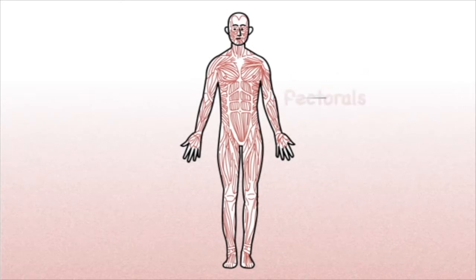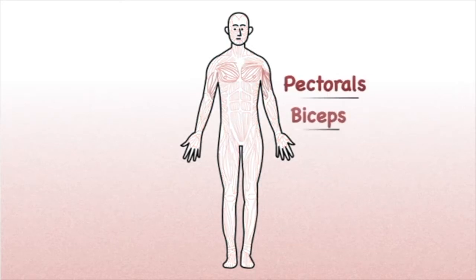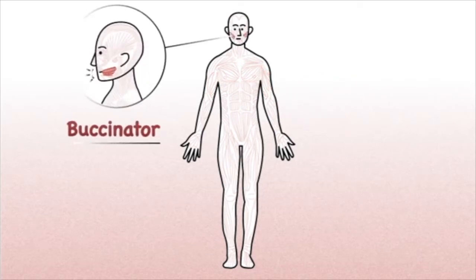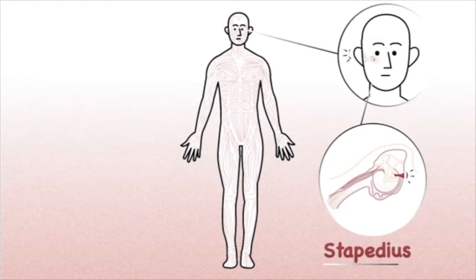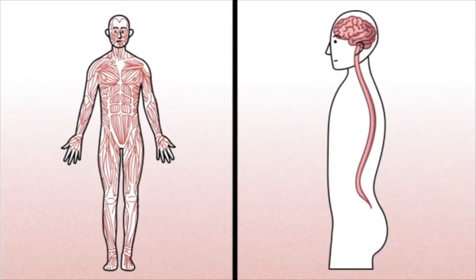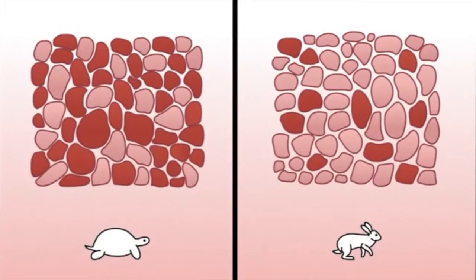Some muscles are familiar to us, like the pectorals and the biceps. Others may be less so, like the buccinator, a muscle that attaches your cheek to your teeth, or the body's tiniest skeletal muscle, a 1 millimeter long tissue fragment called the stapedius that's nestled deep inside the ear. Wherever they occur, skeletal muscles are connected to the somatic nervous system, which gives us almost complete control over their movements. This muscle group also contains two types of muscle fibers to refine our motions even further: slow twitch and